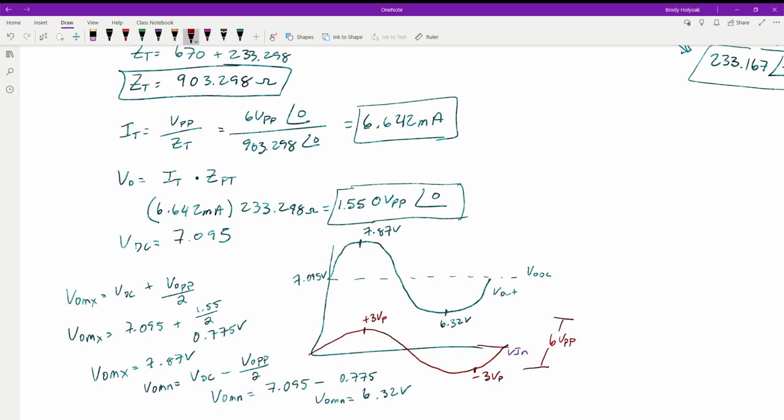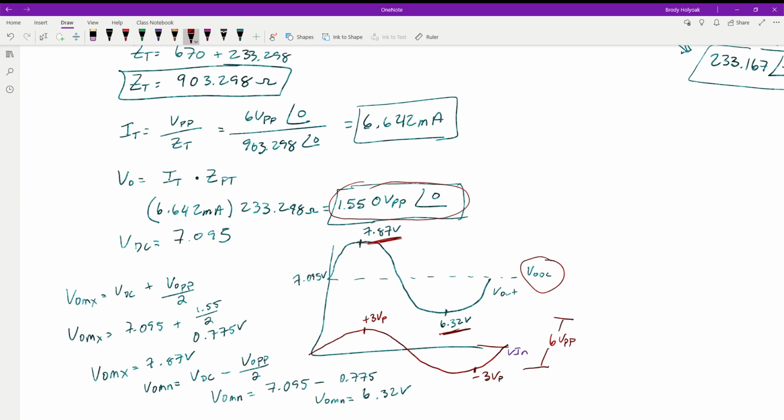So anyway, that's what we're looking for in these circuits: we're trying to find out what is my DC value, where am I riding on, what is my peak voltage coming out, and then what is my min. So we're looking for our peak, what's our maximum voltage and what's our new minimum voltage compared to where we were. And then also, as we get into the next step, we're going to be looking at the phase angles of these guys and making sure they still maintain and follow our rules for frequency responses. Okay, so there's that one.